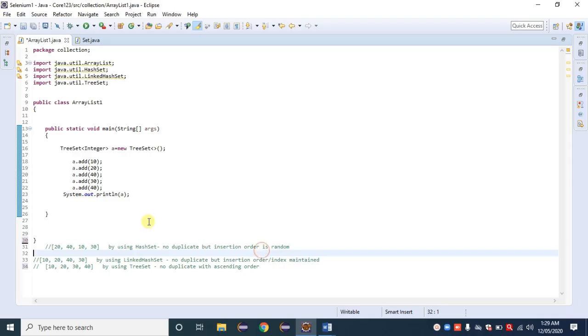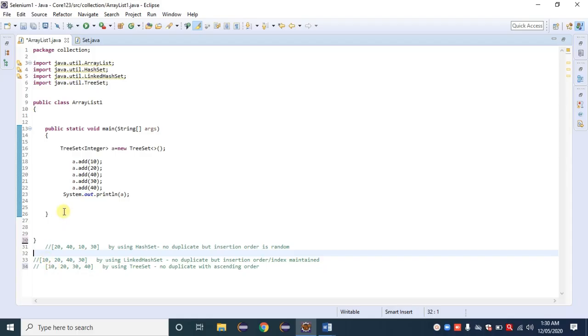Just compare this result: 10, 20, 30, 40, ascending order. Observe here, the insertion order is 10, 20, 40, 30, again 40. So 30 comes before 40 here, as per ascending order.